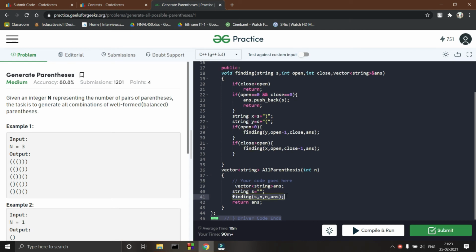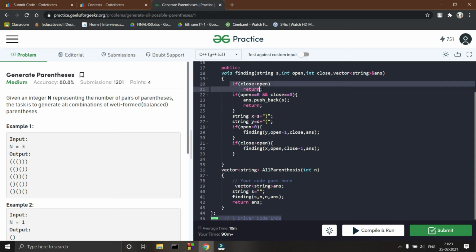And I have called the recursion. So here the first n is open and the second n is close, as I have told you in the pen paper mode. Okay, and here I have sent the answer variable as a reference, vector answer as a reference.